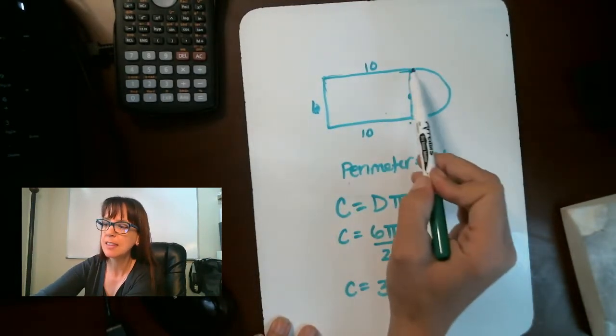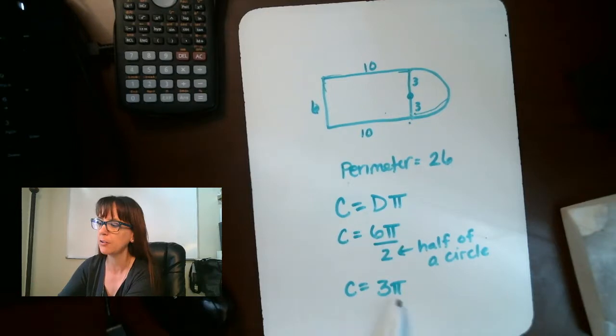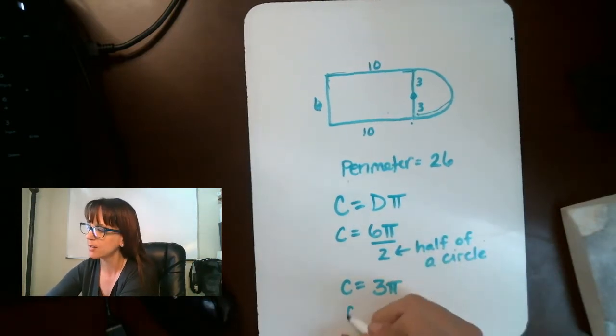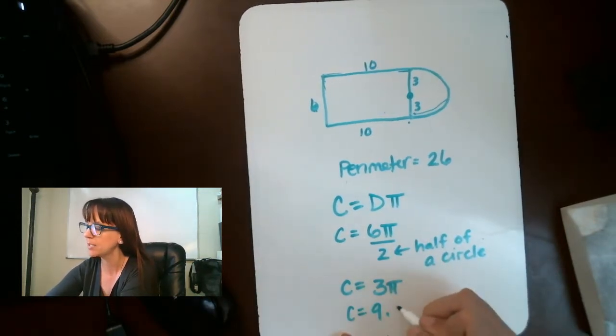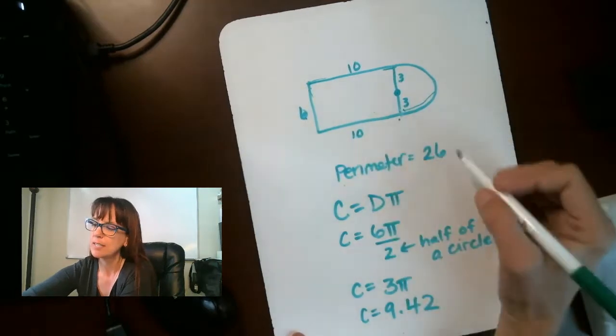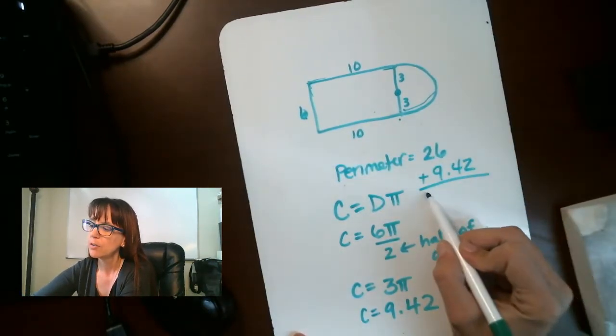Now what we're going to need to do is add this perimeter to this one right here. So this is a good use of, don't leave it in terms of pi. Go ahead and multiply 3 times pi. And if we do that, we get 9 points, so our circumference is going to be 9.42. Now, if we add up the 26 plus our 9.42, we get